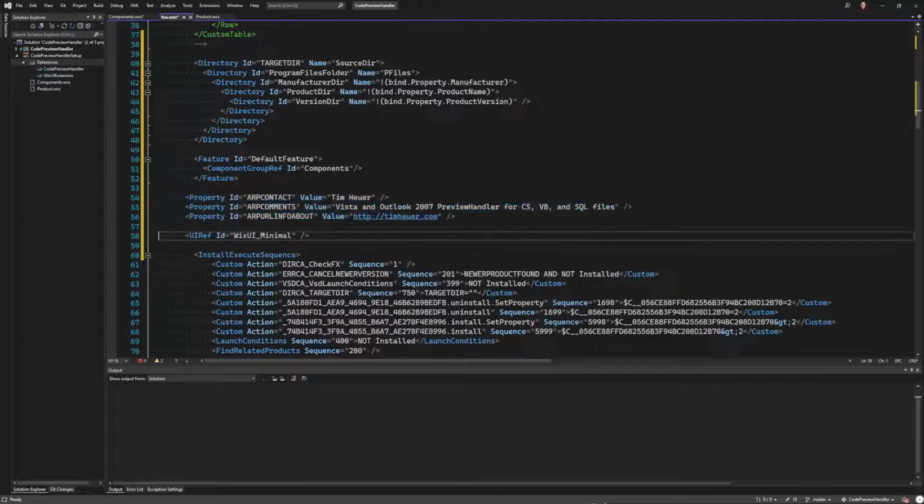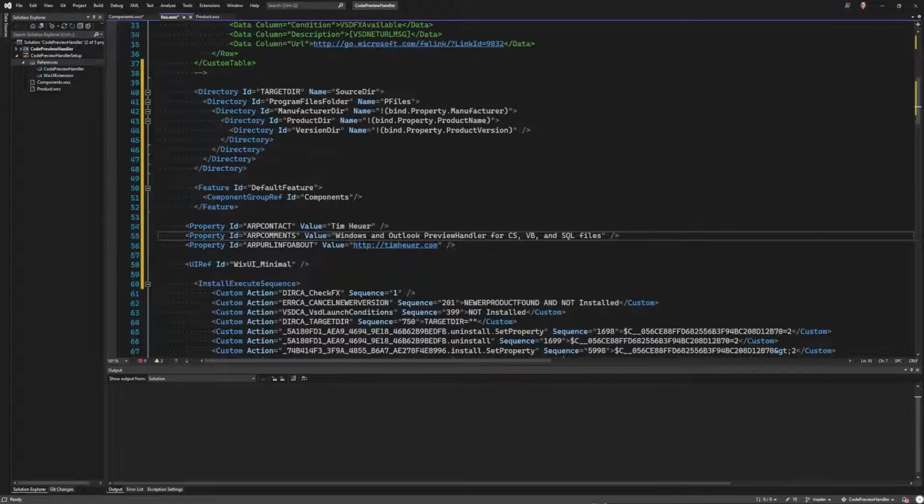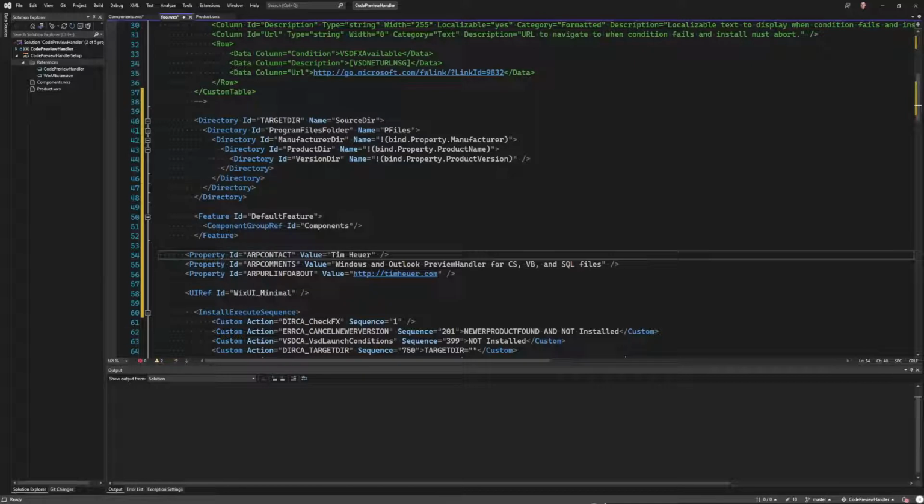All right, this is good. I'm changing this to Windows and Outlook preview handler for, there we go. And actually, yeah, okay, that's probably okay. Should I double down on it? I was going to say, you should double down. You're hesitant. It's just my syntax. I'm always forgetting my syntax here. I'll have to go search the internet to remember the syntax. It could be a lowercase p on property. I'm waiting for Bob to jump in the comments and tell me what I got, because he might have looked it up already. Anyway,